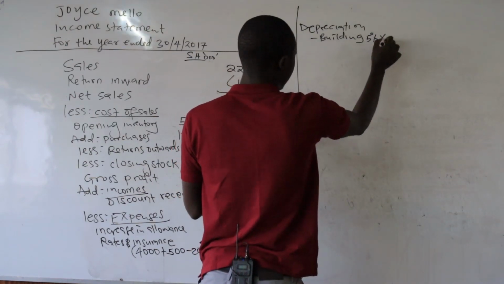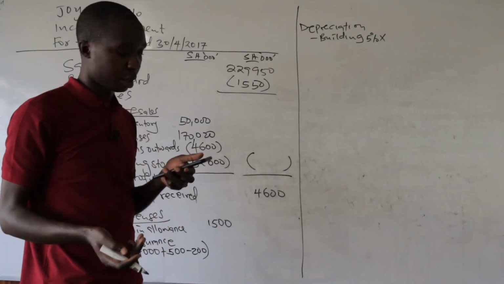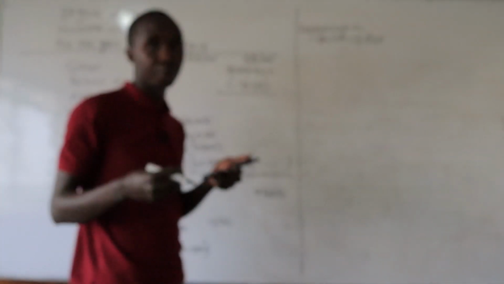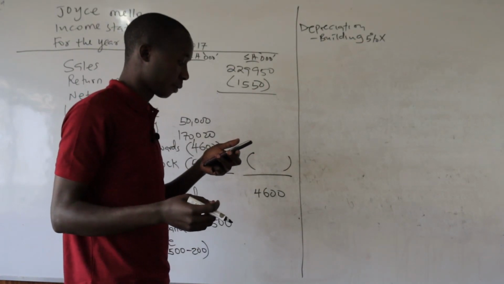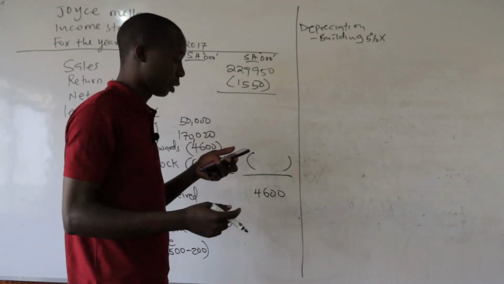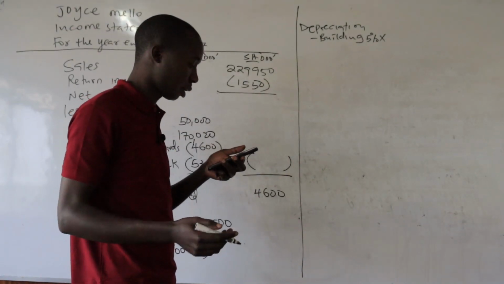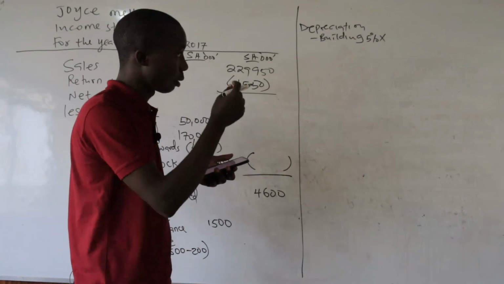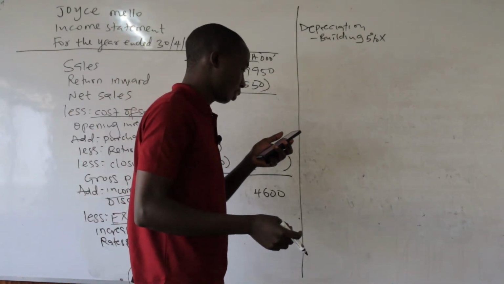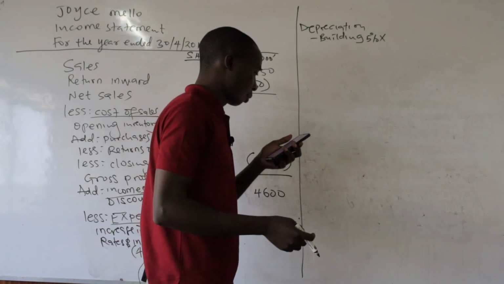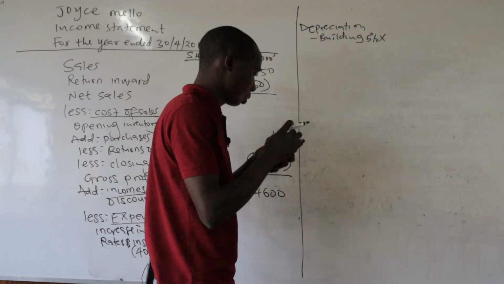That is 5%. Remember, it was based on cost. That is on straight line method. So if it's on reducing, we have to deduct accumulated depreciation first, and then multiply with the rate. But you were told that it was based on cost. So which means that is a straight line method, which we will take the percentage, we multiply with the cost of the assets. So the building, the figure for the building from our trial balance is